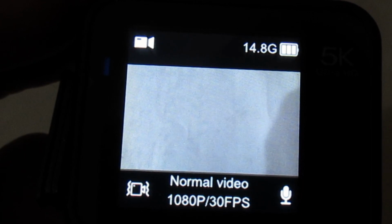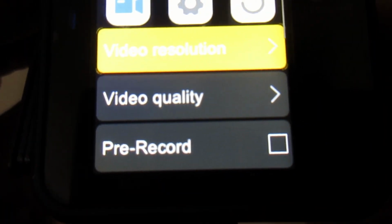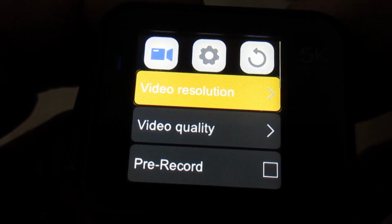You can see that that's the video camera icon, meaning we're in video mode. Here lets you know how much you've got on your SD card. That tells you how much battery you've got. Down here, that tells you the microphone. It says normal video 1080 at 30 frames per second, and this little icon means that the image stabilization is on. If you press the button at the side for settings, that'll tell you video resolution and all the other things,